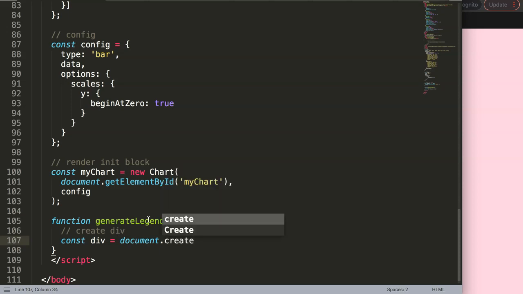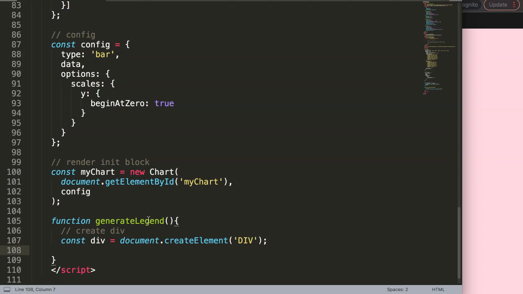Remember, in JavaScript, they tend to call an element or a selector. So create element, and this element, single quotation, and I'll put in div here. I have the habit to put caps locks in here, but it's not necessary. It's optional. So once I have this, what I also want to do is I want to give this an